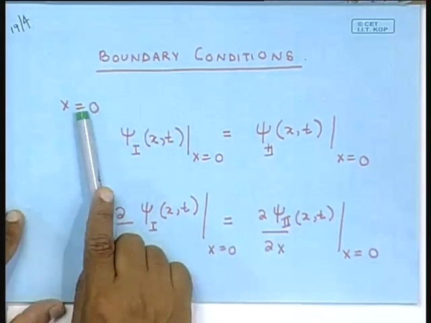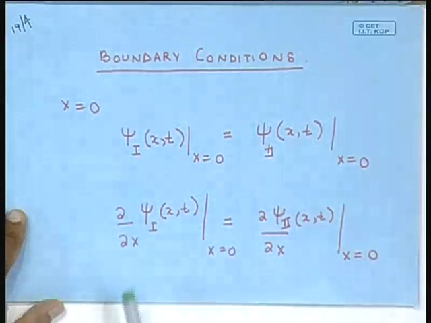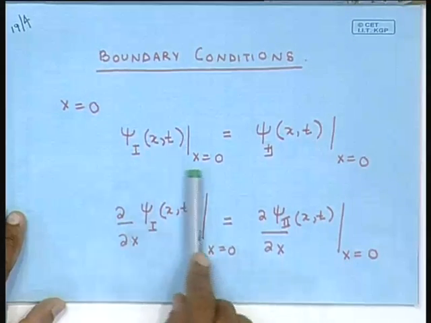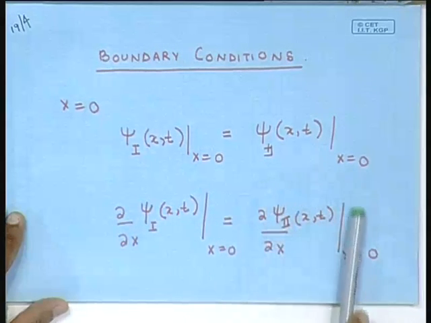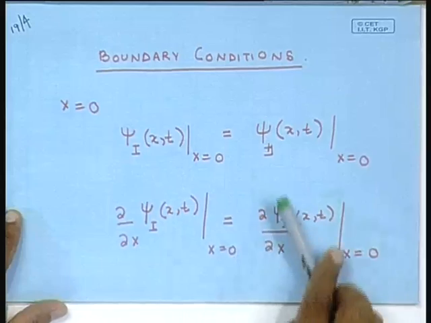So, at x equal to 0, the wave function on the left hand side should be equal to the wave function on the right hand side. Also, the first spatial derivative of the wave function on the left hand side should be equal to the first spatial derivative of the wave function on the right hand side at the boundary. So, boundary is x equal to 0. So, these are the two boundary conditions that we have to apply,